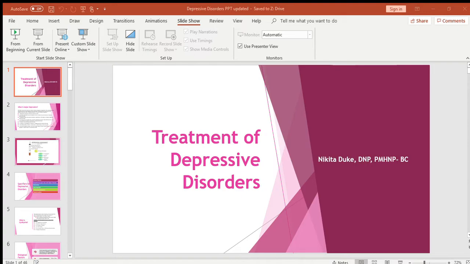Orthostatic hypotension, if you guys remember, is when you stand up too quickly and your blood pressure falls, and you maybe feel more weak. People need to be cautious and not just pop out of the bed, so there may be more teaching to sit on the side of the bed and then slowly stand up. These are usually more sedating, can have some tremor, and weight gain, unfortunately, is something that comes along with these. Sexual side